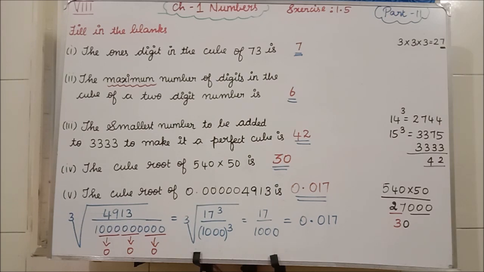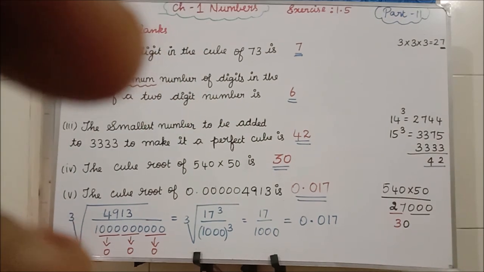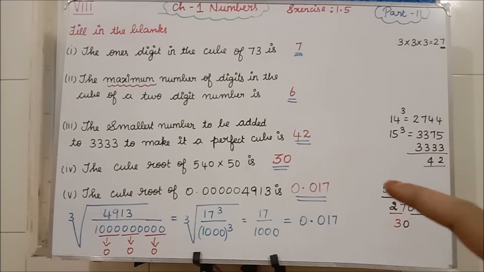First you have to multiply 540 into 50. What number am I getting? I am getting 27,000. Before itself I told, 27 is the cube of which number? 3. If you cube 3, you will get 27. Then after 27, how many 0s do we have? We have 3 0s. In the square root, we take 2 zeros. Isn't it? In cube root, if we have 3 0s, from that you have to take 1 0. The 27 cube root is 3, and from the 3 0s I am taking 1 0. Clear? So 30 is your answer.